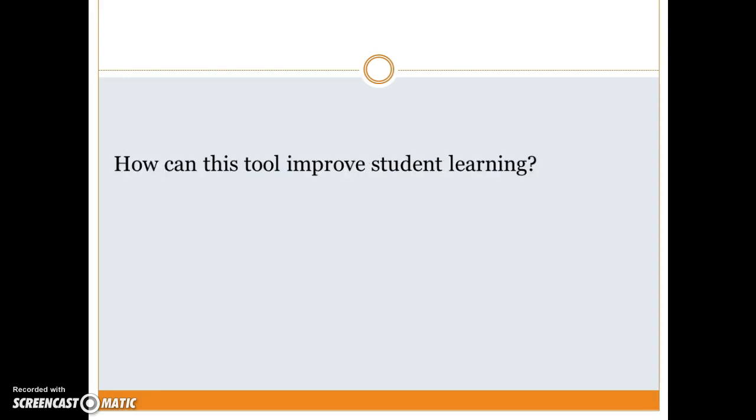Now, how can this tool improve student learning? Everything in life takes a sequence of steps to complete. Just think in the morning of getting out of bed. That's a very elementary example, but the first step is, some of us turn off the alarm clock, which takes us to raise our hand, go right, go down, slide the finger across the screen, bring it back to us, and then put one foot on the ground, second foot on the ground, raise up. I can go all day with that.